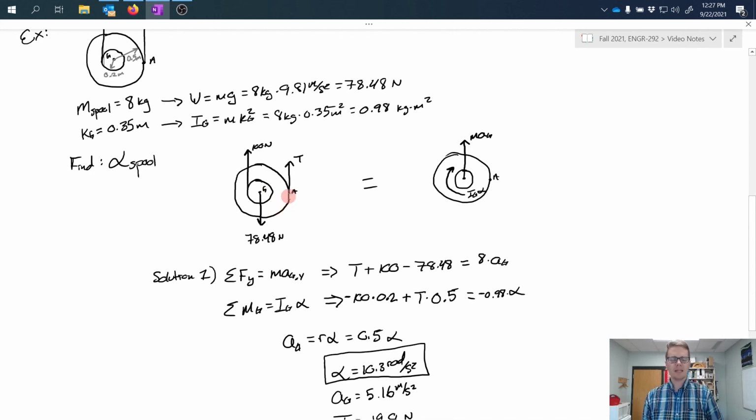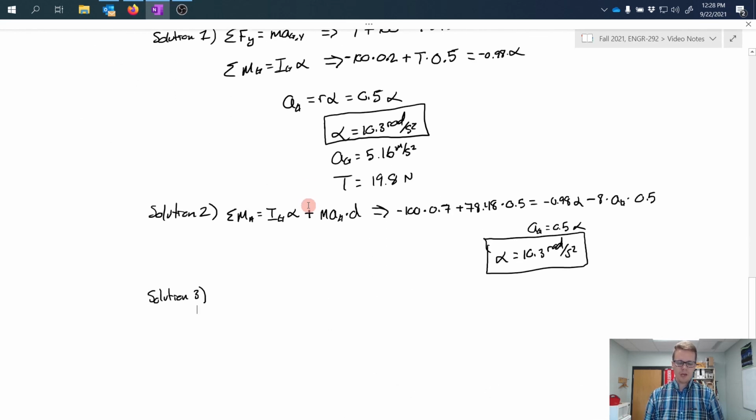However, point A is not moving, and therefore, by definition, point A has to be my instantaneous center, which I've talked about before. So as an instantaneous center, it allows me to look at this problem in a slightly different way, which of course will come out to be the same solution. But if I treat A as an instantaneous center,